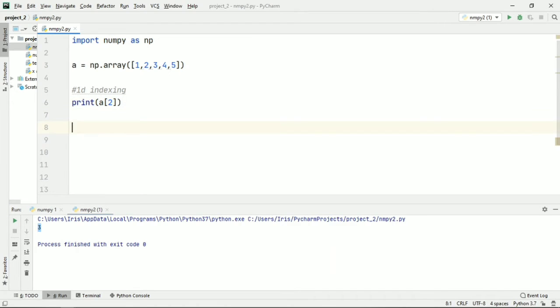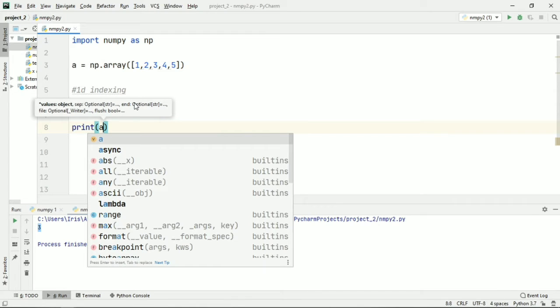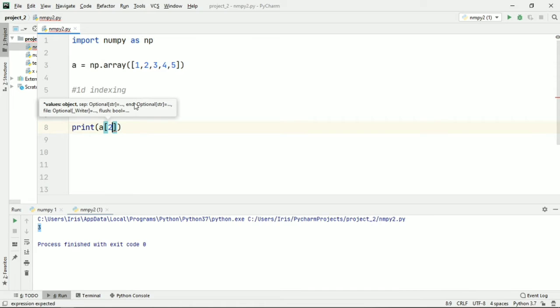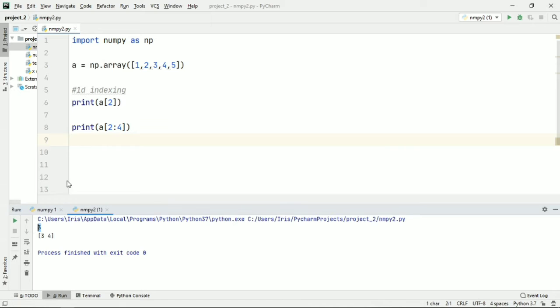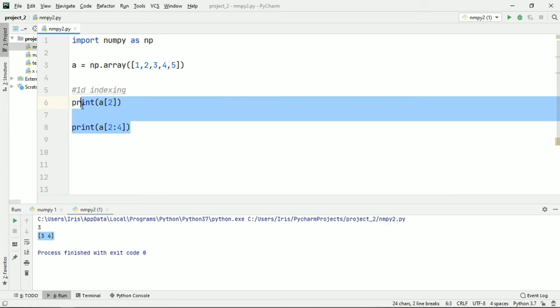Okay, we've got another way to index in case you want to index many numbers at a time, right? So what you do is you just put your array variable name and you give a start index point to an end index point. Okay, so I would give that 4 and let's run that. So let's ignore 3 because that was of the before example, and here we get a 3, 4, that is indexing 2 and indexing 3, and indexing 4 won't get counted because it's always n minus 1 counting, right? So that's done. So we have done with our indexing of one-dimensional array.